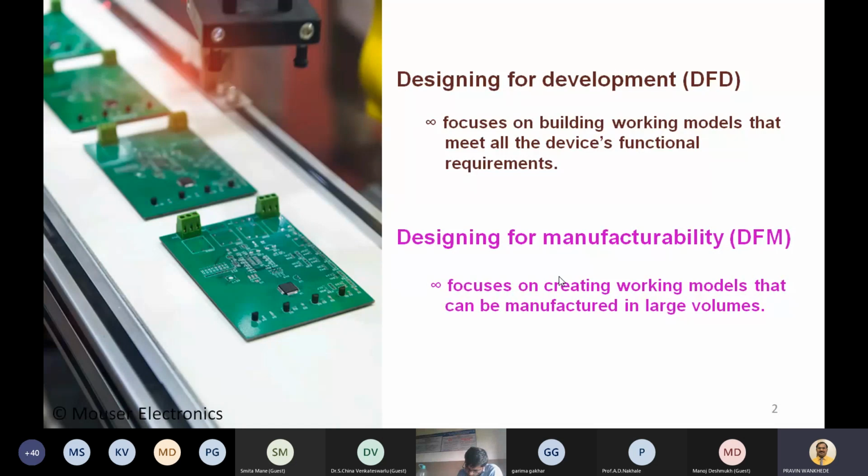Then we think about different hardware and software that will deliver the necessary functionality in our hardware, and also how users will interact with our device. These are some of the aspects that we think of in designing for development. Also, as we refine our design and work towards creating look-like prototype models,